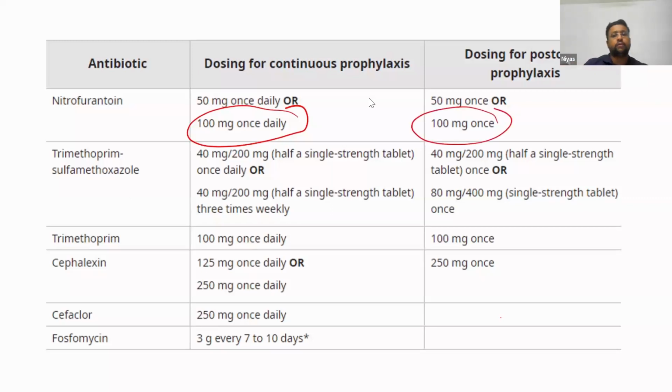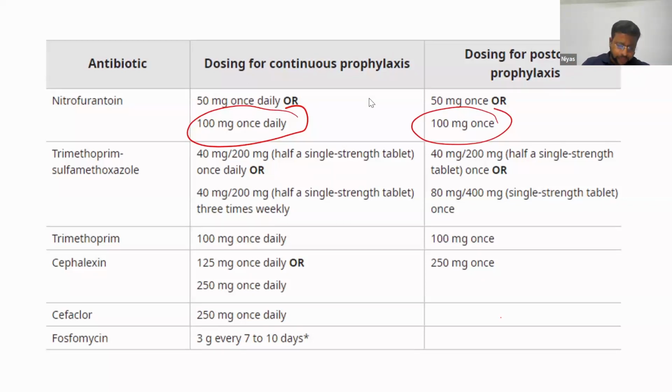That is, a single tablet of nitrofurantoin after sexual intercourse can be suggested. So that is more convenient for them to take. But this is only for patients who have a recurrent UTI, especially related to sexual intercourse. For others, you may need to give